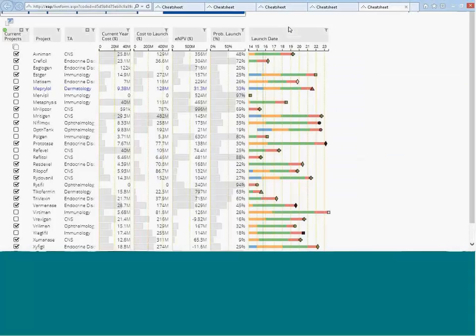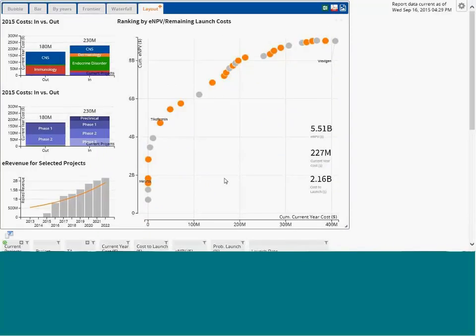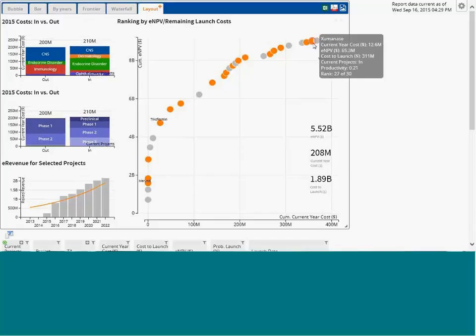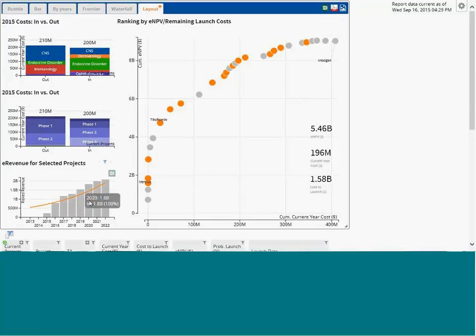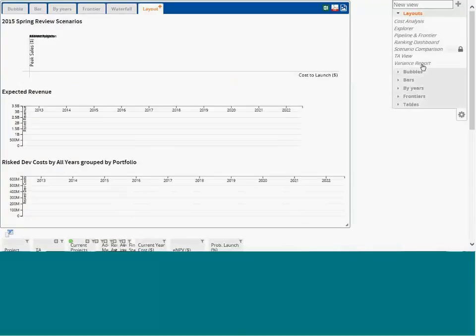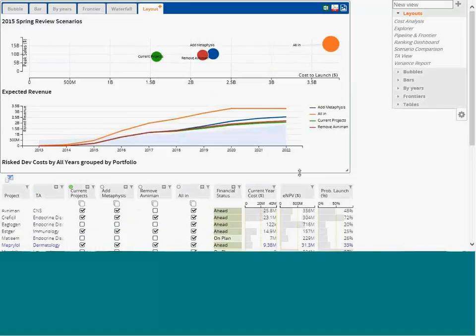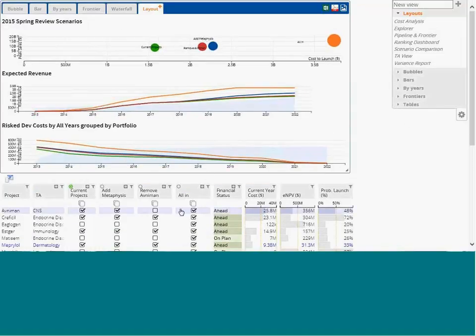So for scenario analysis, we can look at the analysis that we were doing previously, where we move projects in and out of the portfolio, and we see how the revenue changes and whether we meet our target and whether we're balanced across some critical dimensions. But we can take this one step further and do a scenario comparison where, and I'll scrunch up these charts so you can see, we have the ability here to move projects in and out of these 4